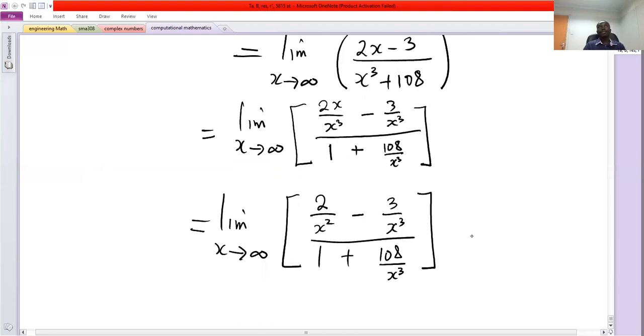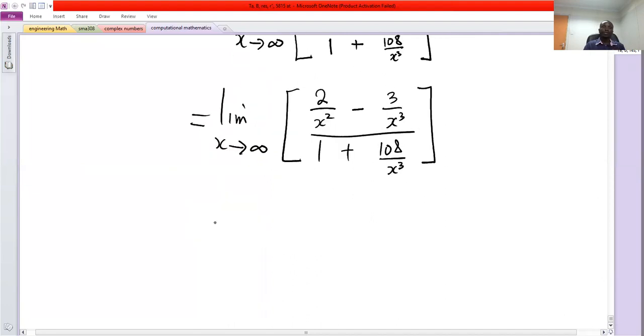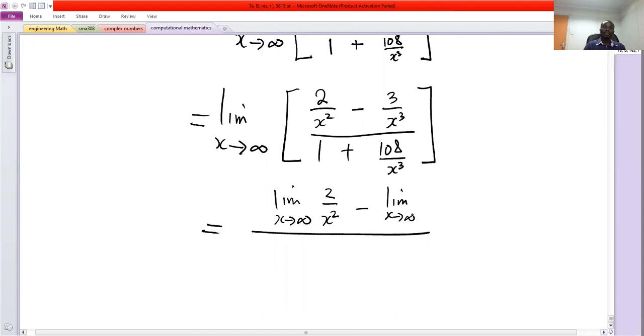The limit of a quotient is the same as applying the limit in both the numerator and denominator. So this is the limit of 2 over x squared minus the limit of 3 over x cubed, over the limit of 1 plus the limit of 108 over x power 3,